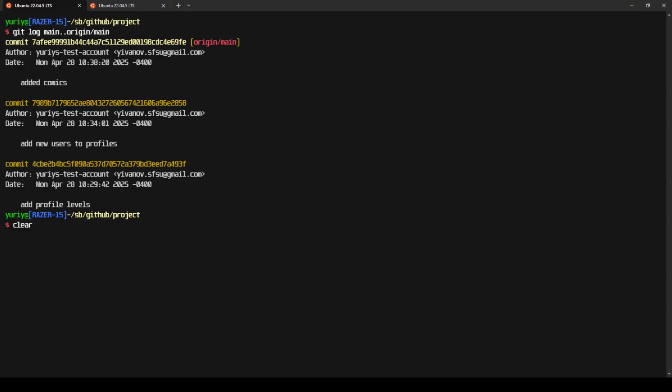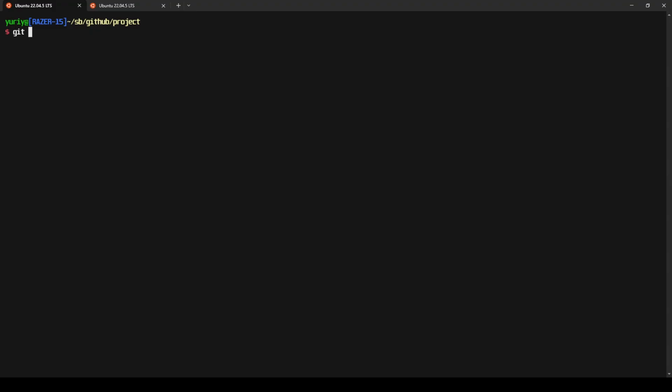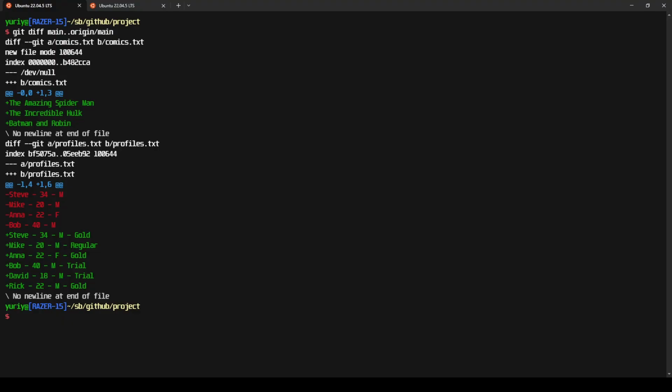And let's clear it up. What if I really want to see what information was added? Well, I can do the same thing. I can say git diff main..origin/main, and I'm telling my local Git, hey, what's different between the main branch and whatever is on GitHub right now? Show me in text, essentially. And if I open that up,